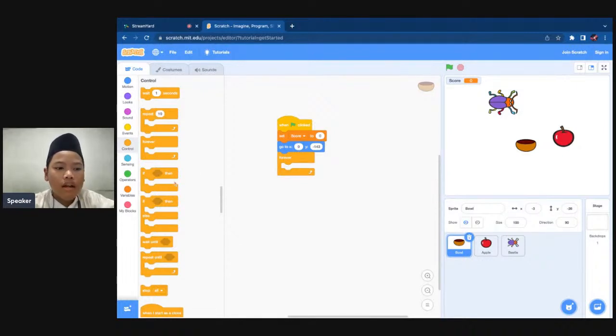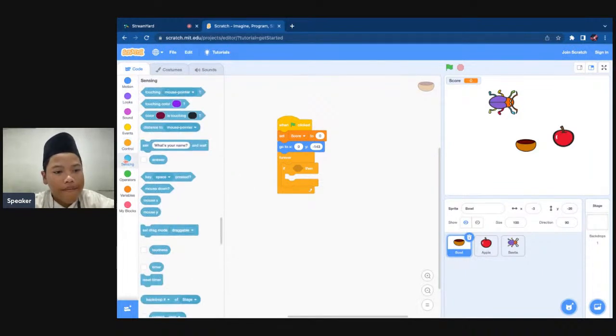And everyone can go to control again and drag the if then block and put it under the forever block. Now everyone go to sensing and drag the key space pressed block and put it in the if then block.